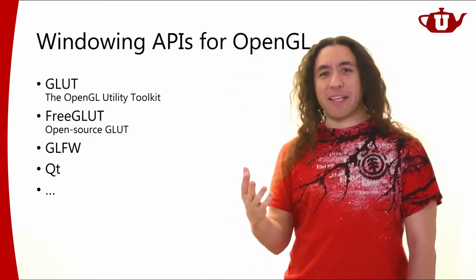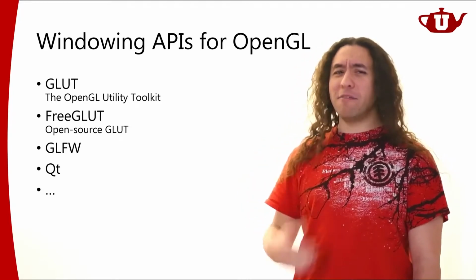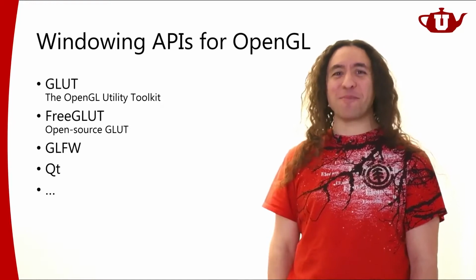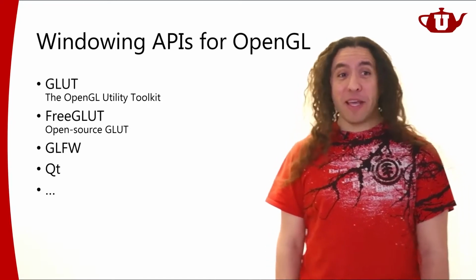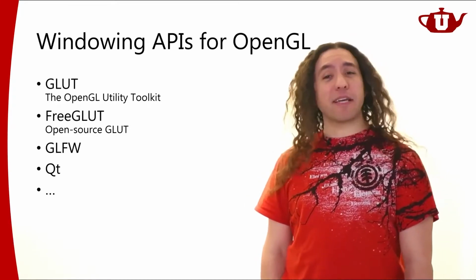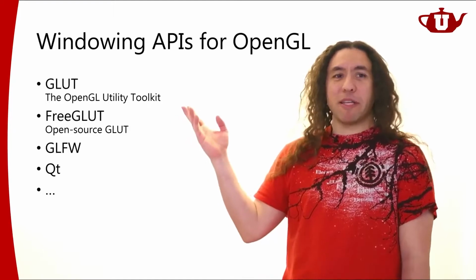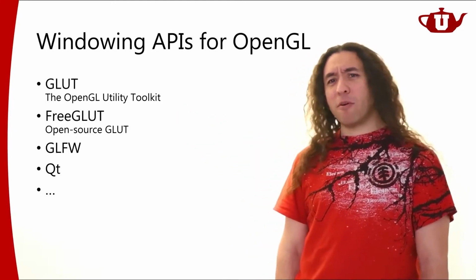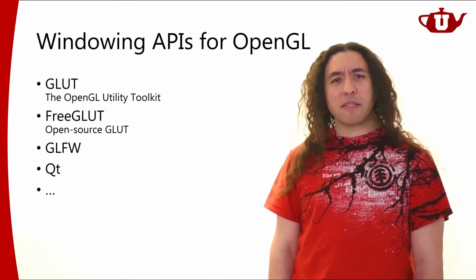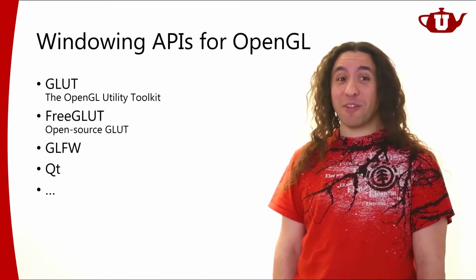And the reason for that is that it's very old. How old, you say? It's very, very old. It's almost as old as OpenGL itself. So it's been around for quite some time. And, a couple of decades ago, people sort of stopped updating that API. It was good enough. It still works. But it's not really updated for our modern operating systems. It's been around for a while, and it hasn't been updated for a long time.